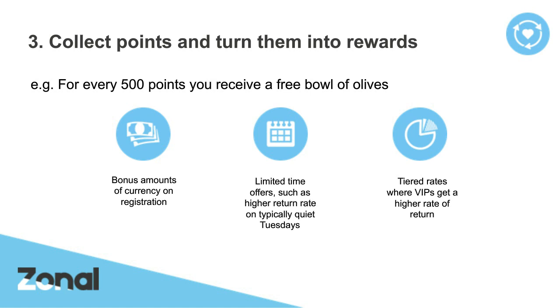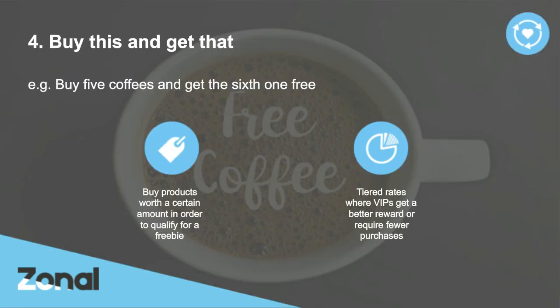The fourth type of program is what we call buy this and get that. It's a model which is one of the simplest, which is why you'll find it in many different businesses of all shapes and sizes. It's very well known in coffee shops, for example, where you buy 5 coffees and get your 6th coffee free. It's also well known in buying makeup products. So maybe you buy 3 makeup products and get a beauty bag for free. And it's also well recognized in our high streets when we come to get food. So meal deals, where you buy the meal deal and you get a free drink.